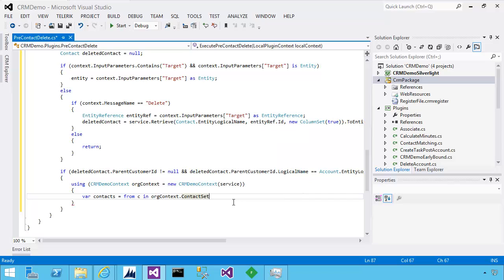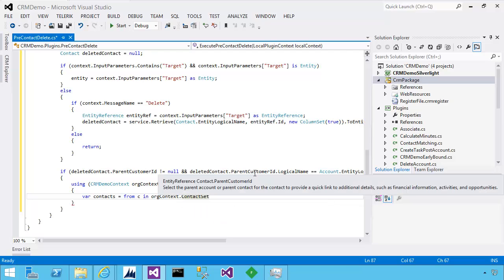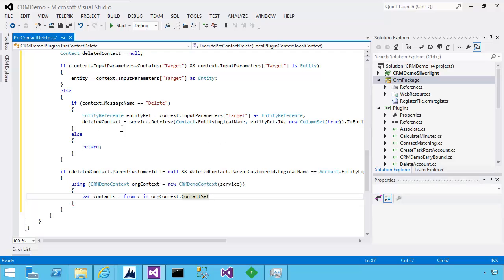So what we're going to do now is retrieve all the contacts that are related to the same parent customer record, but we need to exclude this one. Obviously this record that we're about to delete, because it's pre-operation, still exists in the database, so we need to exclude that from the results, otherwise it would be inaccurate by 1. So from C in org context set where the parent customer ID is equal to the parent customer ID of the record we're about to delete, and